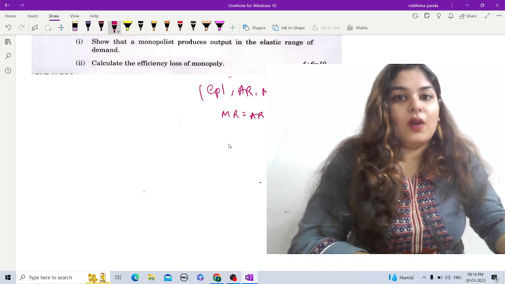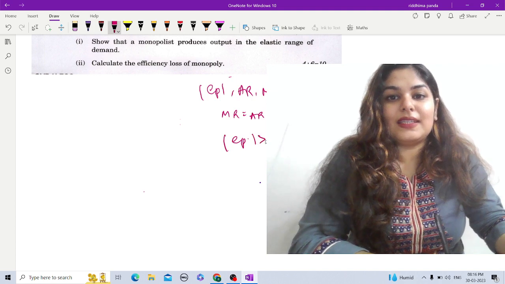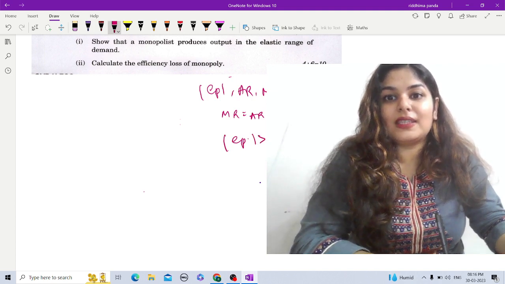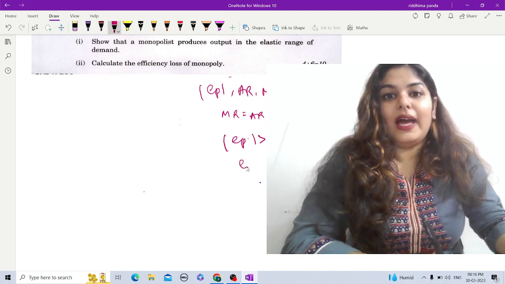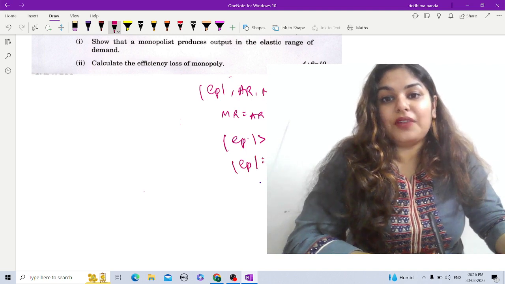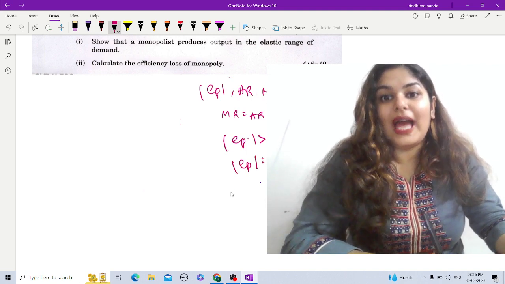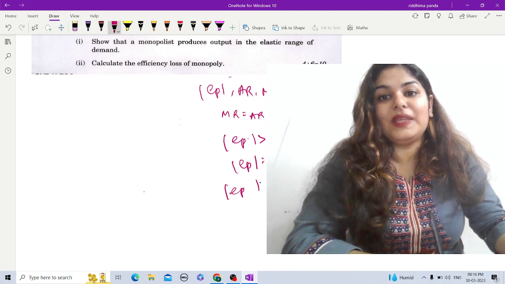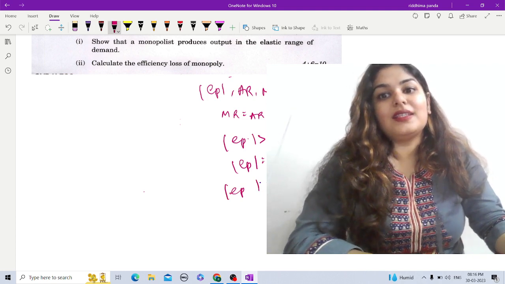Perfect. Now, if EP is elastic, that is greater than 1, then MR is in that region positive. And if EP is unit elastic, in that region, MR is 0. And if it is inelastic, then MR should be negative. So this is the relation. Now let's draw